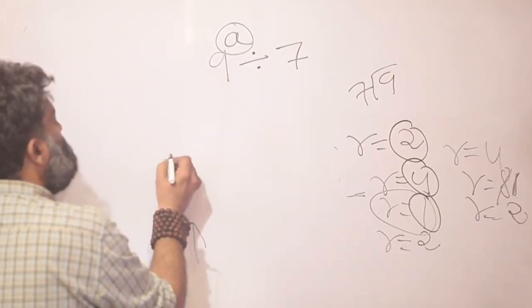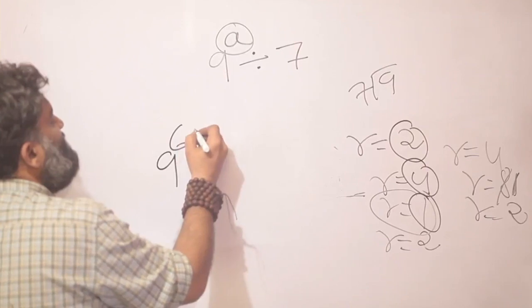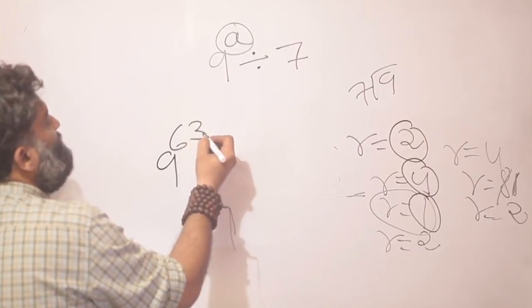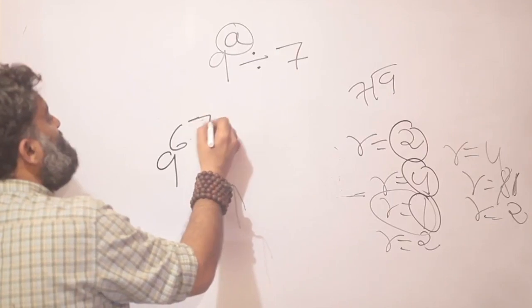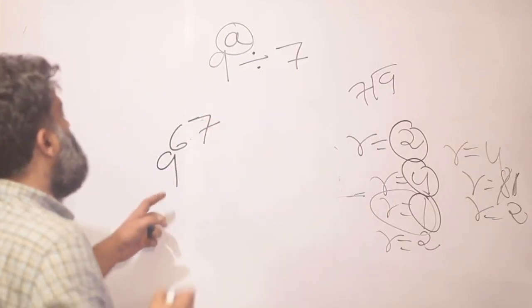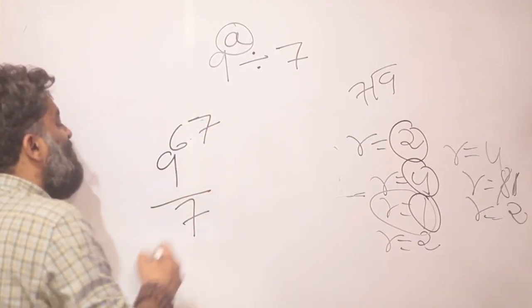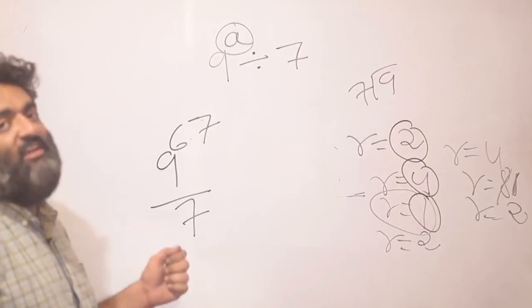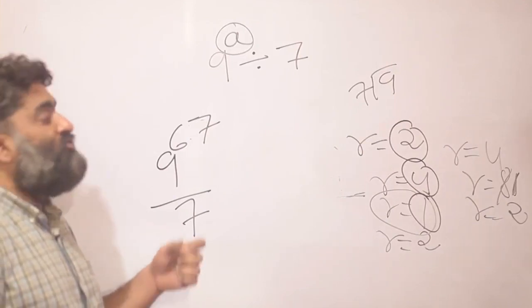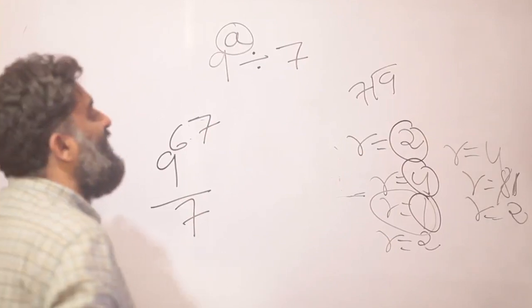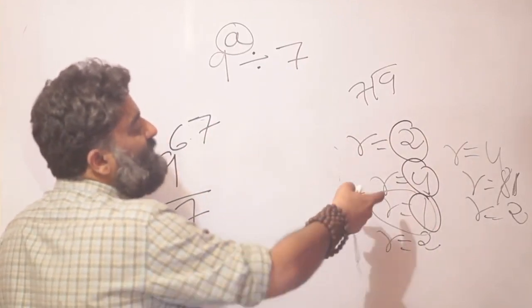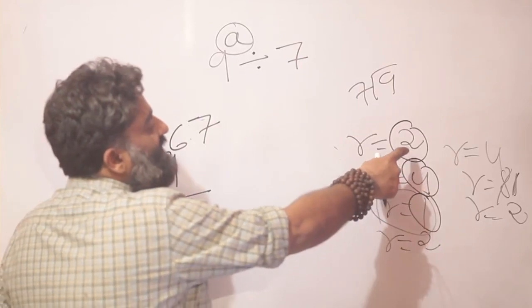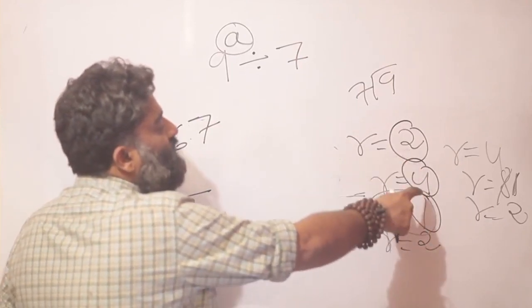and the question was, say 9 raised to 63, and let me change it, 9 raised to 67. 9 raised to 67 is divided by 7. What is the remainder going to be? So then now you come back to your cyclicity concept, which we have done ample number of times previously. So you have a cycle of 2, 4, 1, 2, 4, 1.